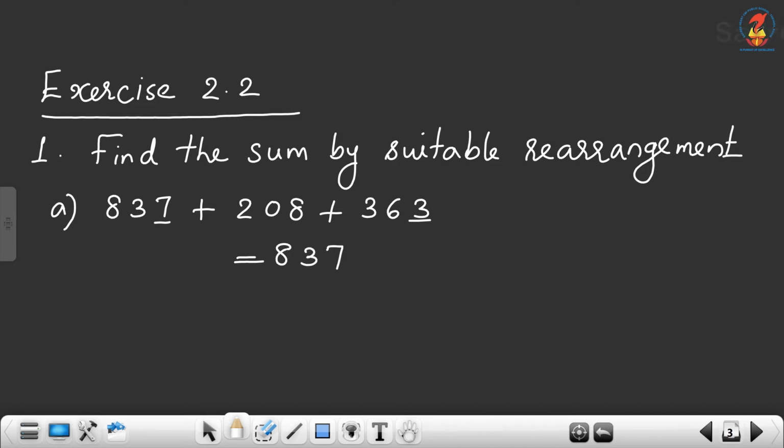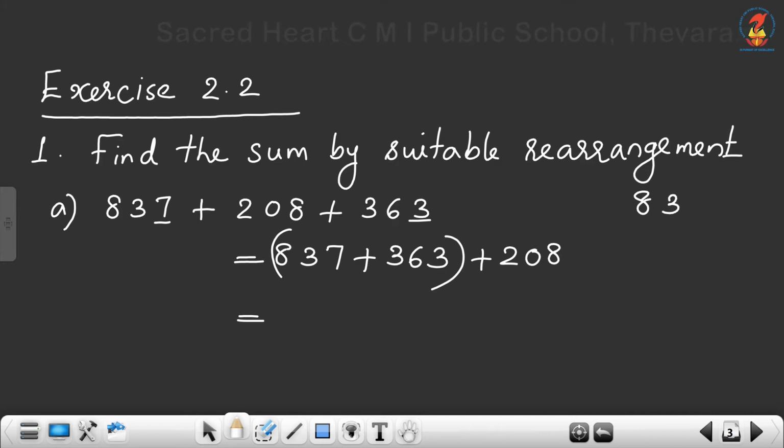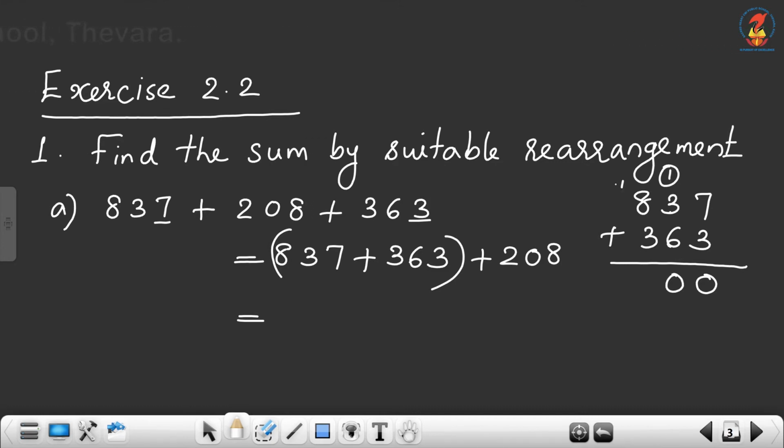Therefore, 837 plus 363 in one group plus 208. Then, 837 plus 363. We add 7 plus 3 equals 10, carry over 1, 6 plus 3 is 9, 9 plus 1 equals 10, again carry over 1, 8 plus 1 is 9, 9 plus 3 equals 12. So 1200. So the sum equals 1200 plus